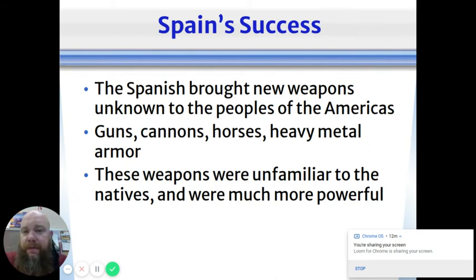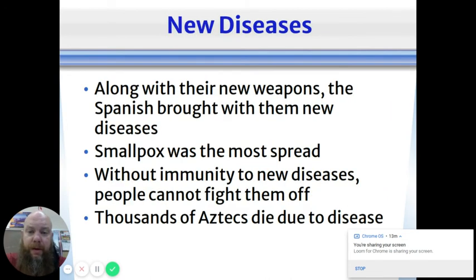Think about it, we all have the idea of the gun because it's been a part of our lives for our entire lives. Guns have existed for hundreds of years now, but when they were entirely new to you, the idea that you could literally just point a stick at somebody and make them die, without throwing or stabbing or shooting a bow and arrow, to these people is incredible.